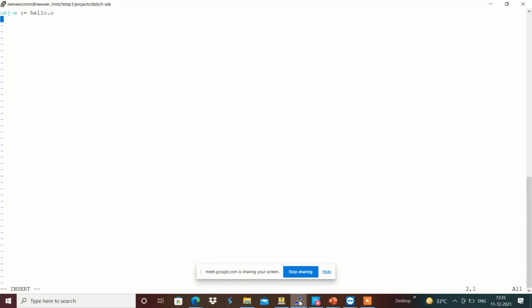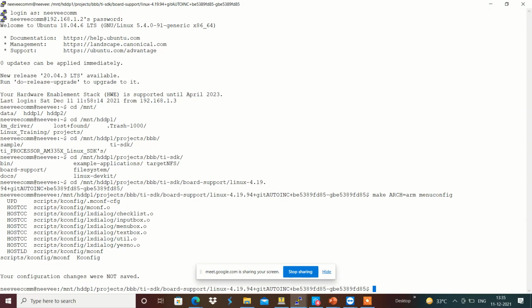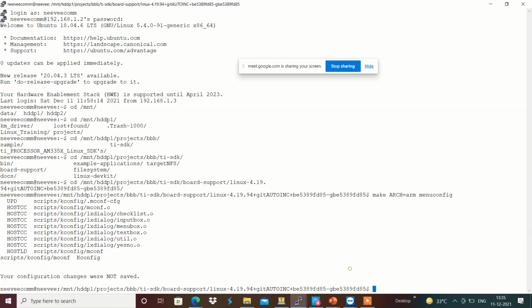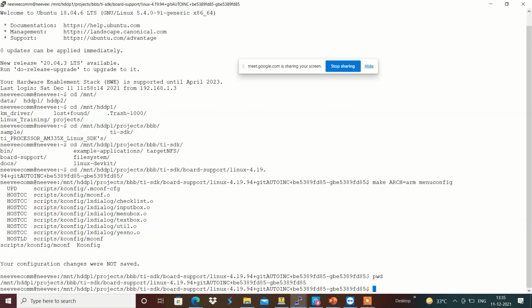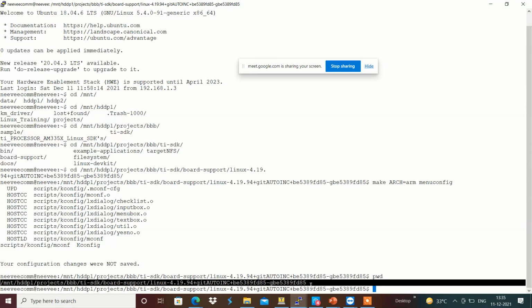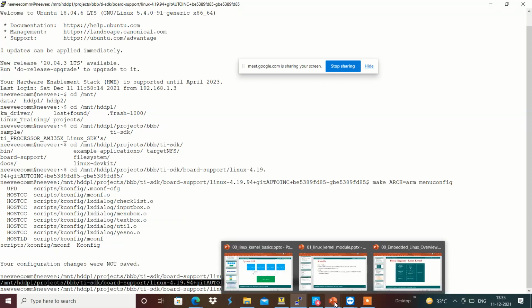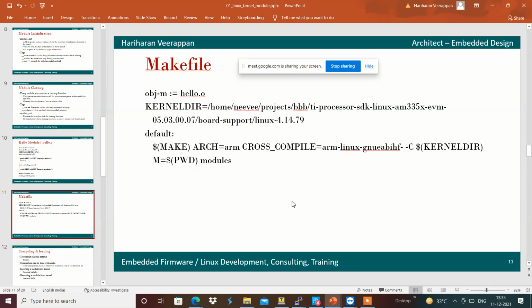For example, this is the kernel source that we have used in our system to build. We built and used that, and that will be used as a kernel directory to build our module.